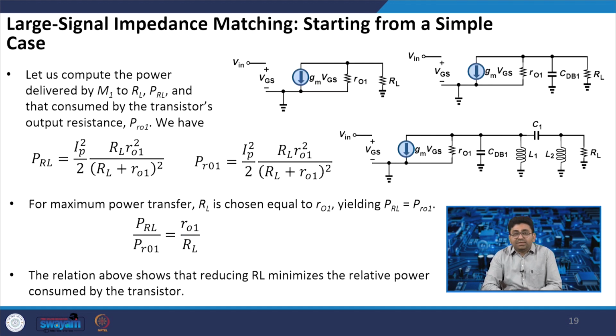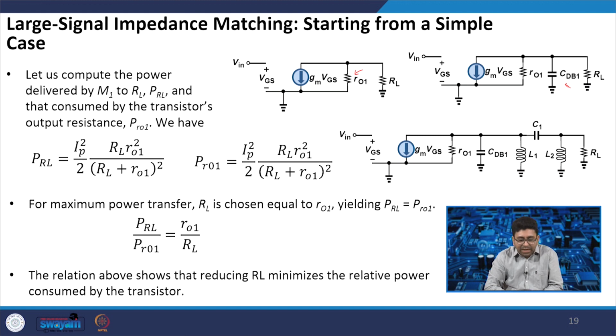So, if we consider the large signal impedance matching, in a very simple case, we consider the output resistance RO1. Here we are not considering the capacitor, only RO1, though there is a capacitor CDB1 which needs to be considered while matching to RL. So, let us compute the power delivered by M1 to RL, which is PRL,